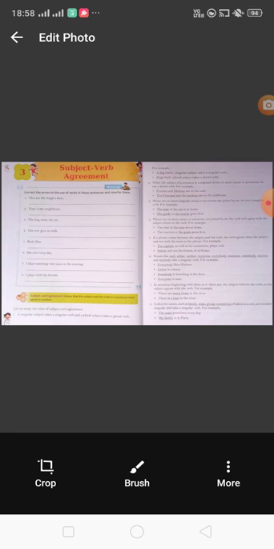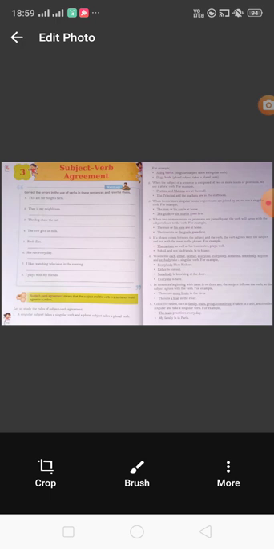As I explained earlier, what is a subject? The part of the sentence that tells us who or what the sentence is about is called the subject. Again, I will repeat: the part of the sentence that tells us who or what the sentence is about is called the subject, whereas a verb is a doing or action word. So these are the simple definitions of subject and verb, as you know from earlier.